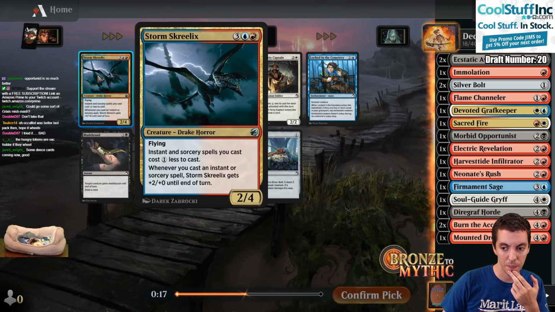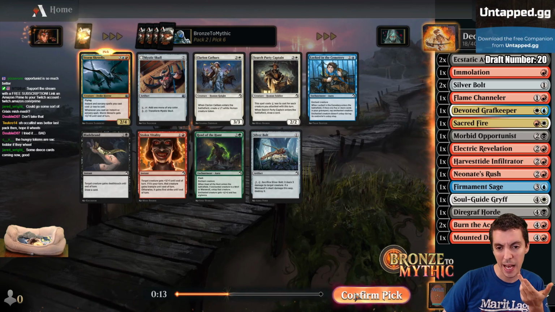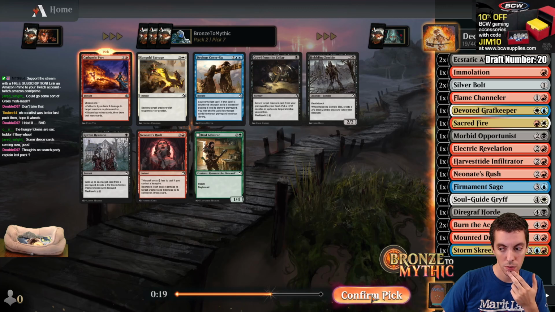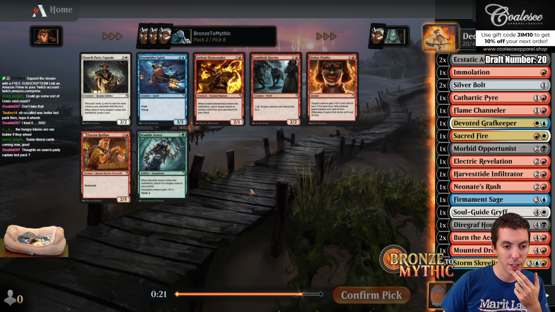I could see us being 3-color with the Sage also. Might not be, but I think it's high quality. Alright, so there's a Cathartic Pyre late, which is great. Rotting Reunion's a possible card, too. Alright, yeah, red is definitely open. Elementalist for...